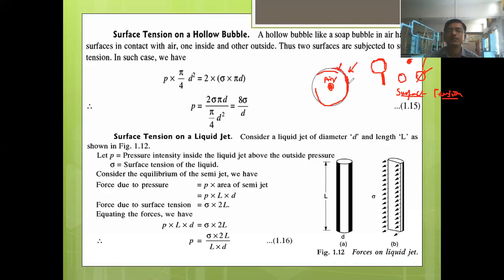Okay. This bubble is small, so we say there is one thin layer, but if you see it in a microscope it can be observed to have this much thickness. Okay, and there is outside air and there again inside air. So there are two surfaces to this bubble. One surface is here which is coming in contact with the air and this another inner surface again is coming in contact with the air. So there are two surfaces and therefore there will be two surface tension forces acting on it.